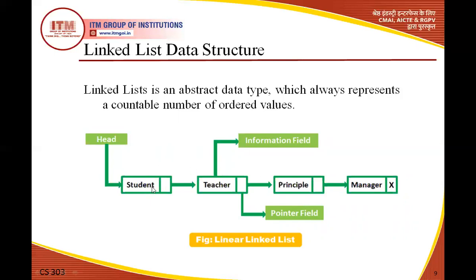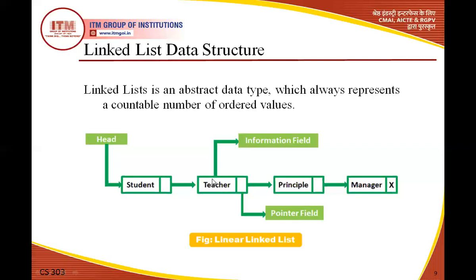In a linked list, each and every element has two parts. The first is the value and the second is the address. These two things together are called a node. This is the first value, and it has the address of the next element. The arrow is the link. The link is the address of that element, and that element also has a value and the address of the next element. The last one has no address of a next element. This is the indication of the end, where your linked list ends.